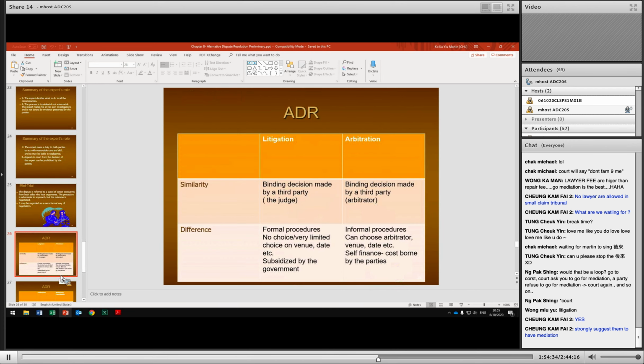In order to understand the difference between litigation and ADR, you can refer to this table. Many students do not quite understand the similarity and also difference between litigation and arbitration. So you can look at this table. For similarity,